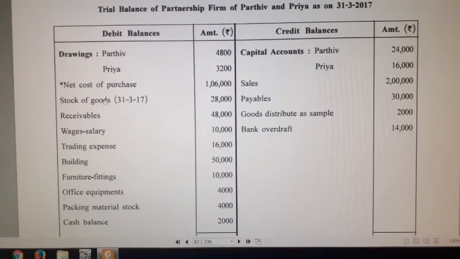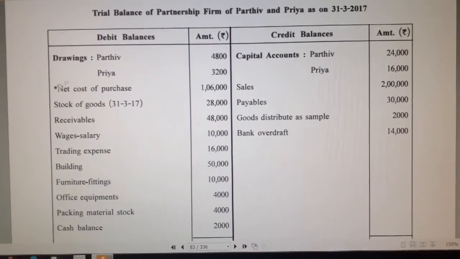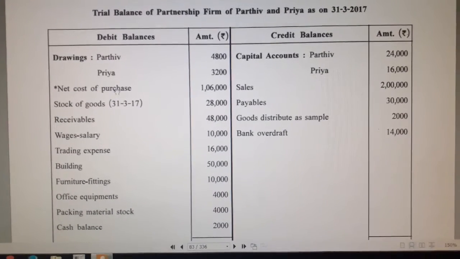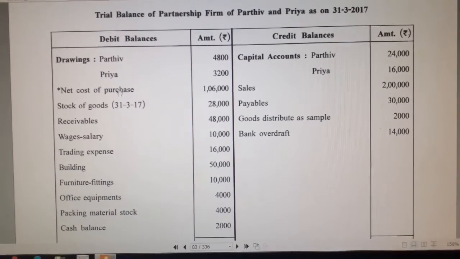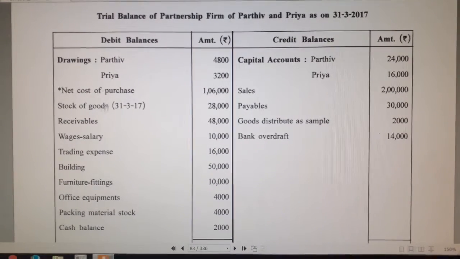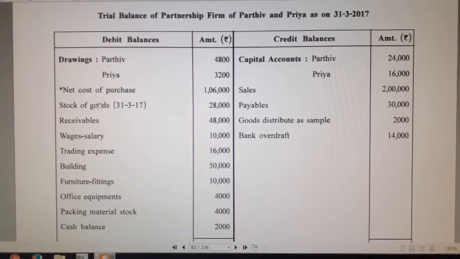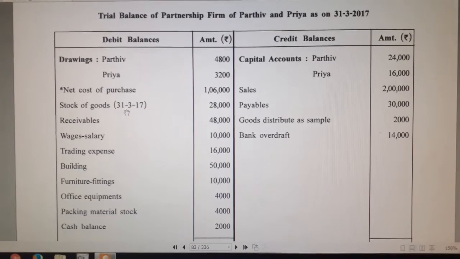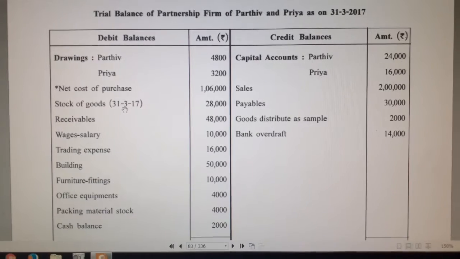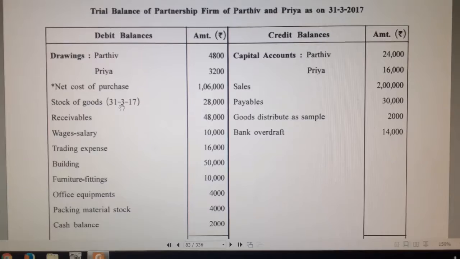So when the net cost of purchase is given in the sum, then the stock which is given in the trial balance is always and always closing stock, because the effect of the closing stock is directly given, and thereby we have the net cost of purchase just by observing the formula, that is opening stock plus net purchase plus purchase expense minus closing stock. So when net cost of purchase is there, then closing stock of goods is provided in the trial balance. One more thing, suppose closing stock is provided in the trial balance, then we have also been provided with the direct result of trading account. So either case you may find in the sum when the closing stock is provided in the trial balance.